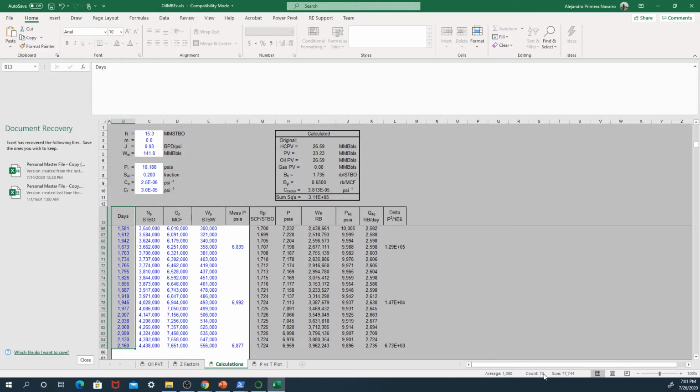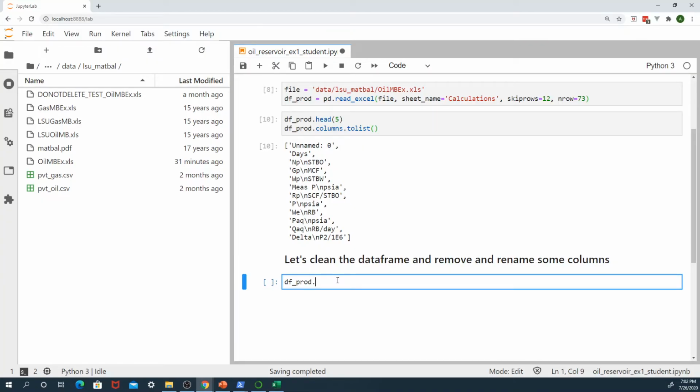Okay. So in order to do that, the first you can use the function rename, and you have to tell which columns you want to rename. In fact, you have to provide a dictionary with the equivalent name of the columns. So let's